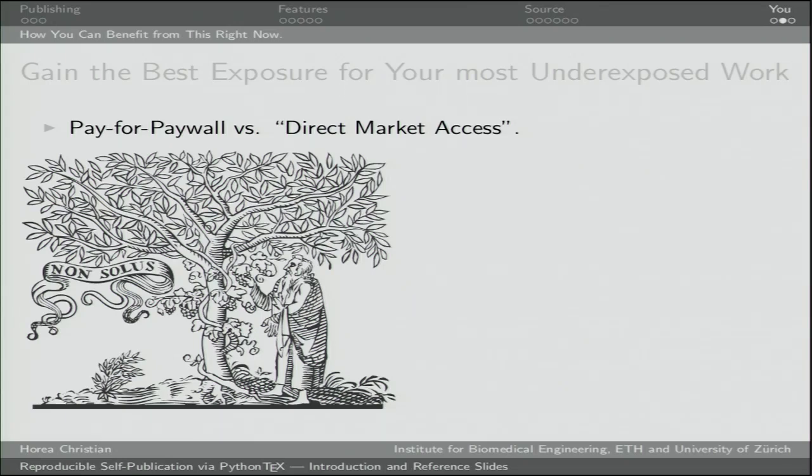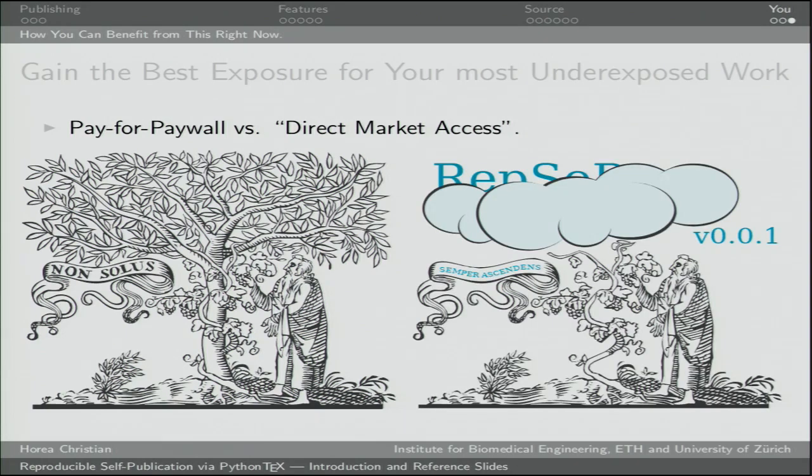Another interesting thing about this logo is it's almost 400 years old, and it belongs to a company which is not Elsevier, meaning that Elsevier doesn't have copyright on it. They might have copyright on a lot of things, but not on this glyph which they use for their logo. So I think you know exactly where this is going. If pay for paywall has a logo, why shouldn't direct market access have one? And of course, we do. So thank you very much.